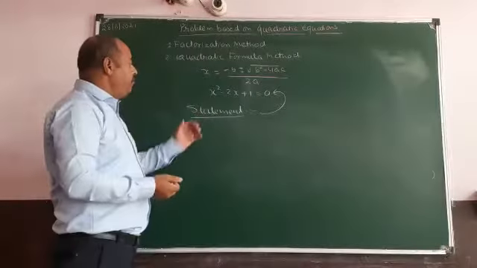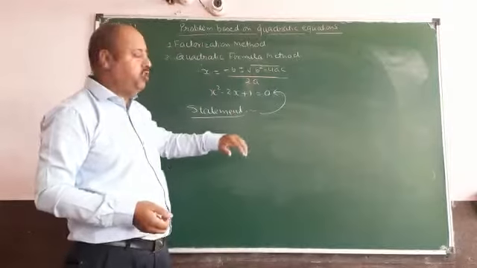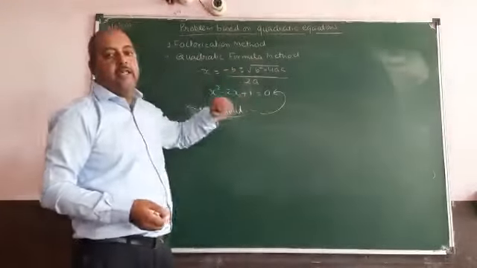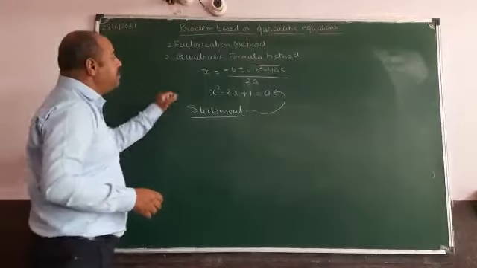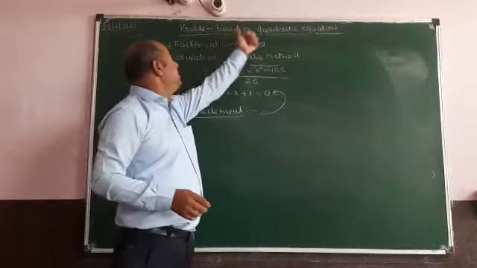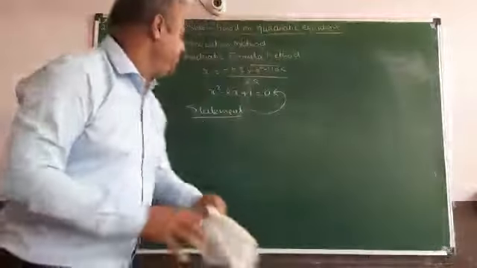That means, with the help of that statement, we have to create a quadratic equation, and then we have to find the values. Now, the main types of sums that are taken in this chapter, problems based on quadratic equations, are